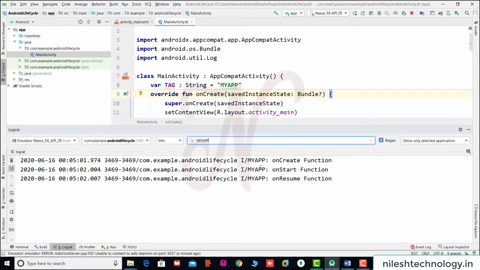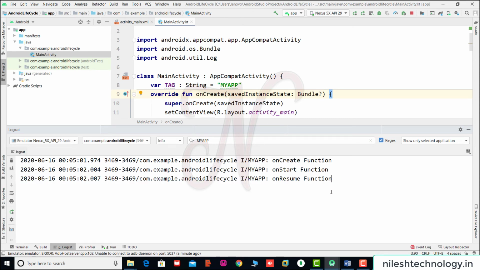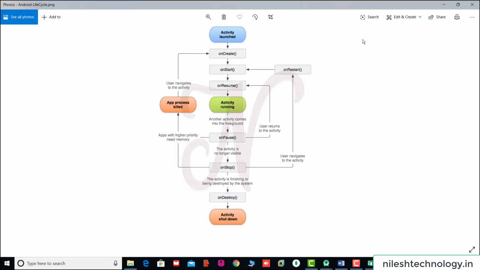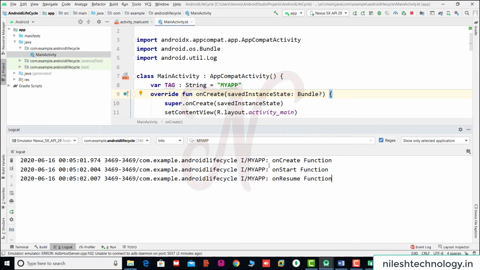See, these three functions are executed. Here we open the lifecycle of an Android. See, sequence wise, the first function is onCreate, then onStart, then onResume. Here in Android Studio, see onCreate, onStart, onResume.